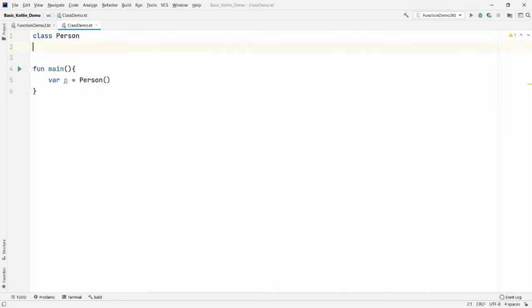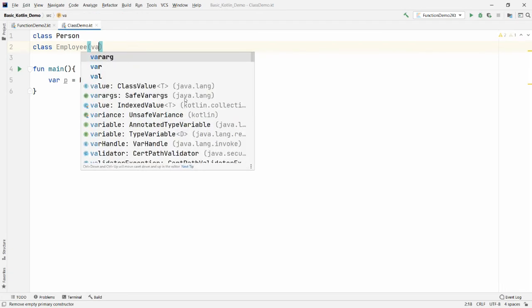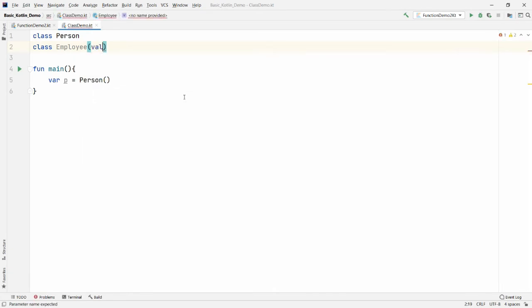Now, I want to create one more class. And the class is, for example, employee. Now I want to declare a constructor. So you can just declare a constructor and properties over here. I want to create the employee number. This should be an immutable property. So I'm just declaring here val. Val means immutable. You cannot change the value.